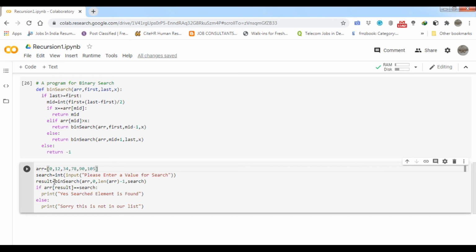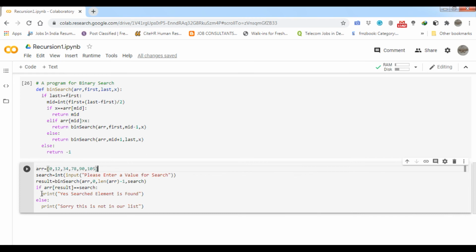I ask the user to enter the value to search, typecast to integer, and I store the result, whatever the mid value comes, into result. I call the binary search function with the array, first index 0, length of the array minus 1, and the search element x.